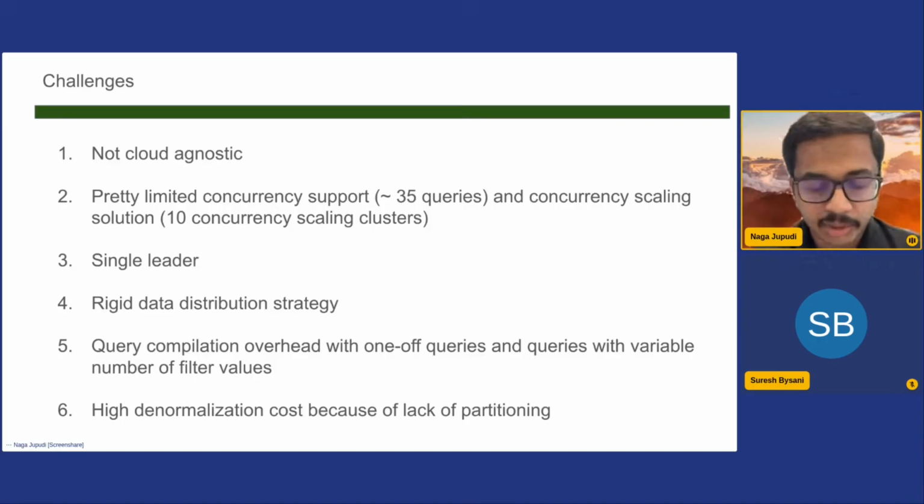I'm talking about a provisioned cluster. They do have a concurrency scaling solution where we can spin up an ephemeral compute on the fly up to 10 concurrency scaling clusters. But this by itself had its own limitations.